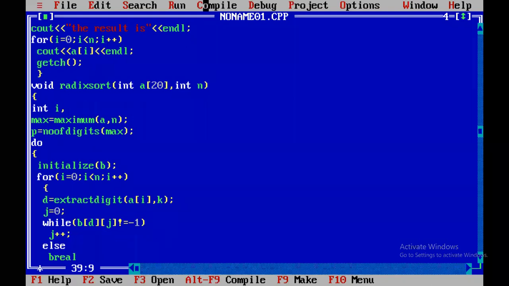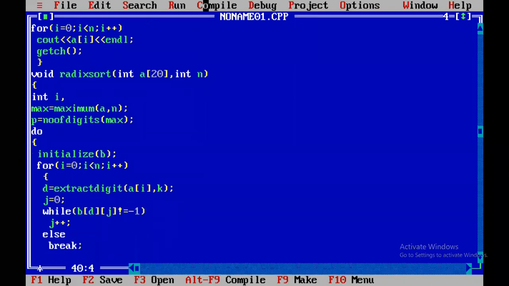This is the process we use for checking whether the bucket is empty or not. If it is empty, it is -1. Otherwise, we go for the next bucket. That's why we are using if b of d j is -1. If -1, it indicates that the bucket is empty. If not -1, the bucket is not empty.